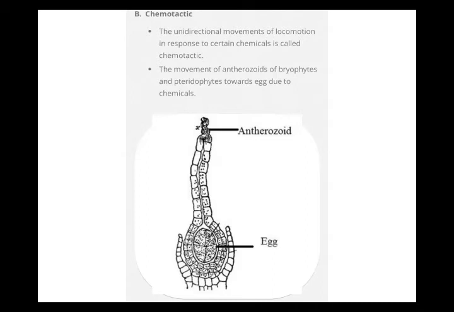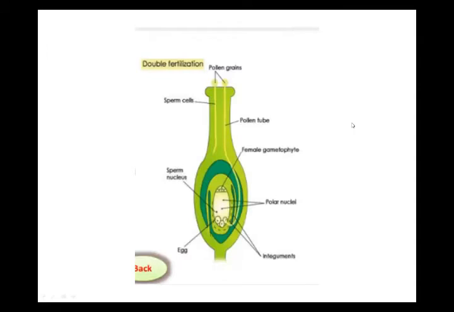During the pollination, the pollen grains stick on the stigma, and they are moving and make a pollen tube like this. Like this. Observe the diagram. Pollen grains are set on the stigma, and they are moving towards the egg and make a special type of tube. This type of movement is called chemotropic.